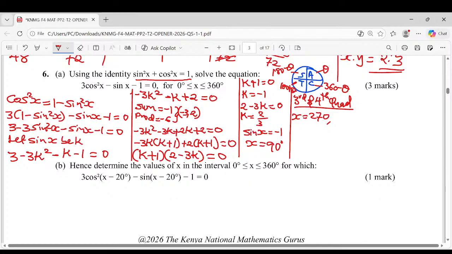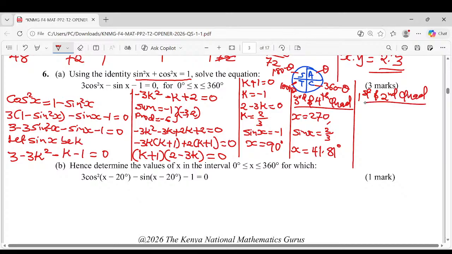That means that sine x is equivalent to 2 over 3. Therefore, the value of x will be the sine inverse of 2 over 3. So when you press the sine inverse of 2 over 3, ladies and gentlemen, that is giving you 41.81 degrees. Then after that, we are now going to traverse where sine is positive. Sine is positive in the first and second